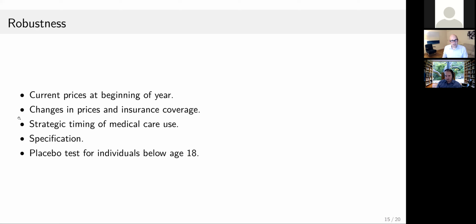The next thing one might be worried about is these changes in prices and insurance coverage over time. And our way to approach that is the following. When you think of calculating a price index for healthcare consumption and the deductible limits change over time, you always have a problem, because you're always measuring true healthcare inflation plus the effect of changing limits over time. So what we've done is we've made use of our high frequency data and our setup, and we have taken our samples of individuals, and we've calculated the price index based on care consumption at the end of the year. At the end of the year, there are no financial incentives left, so we have, arguably, a cleaner setup to calculate that price index,